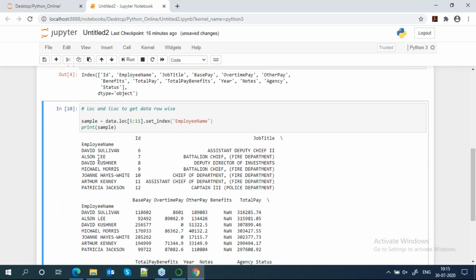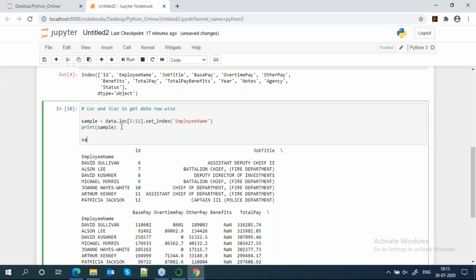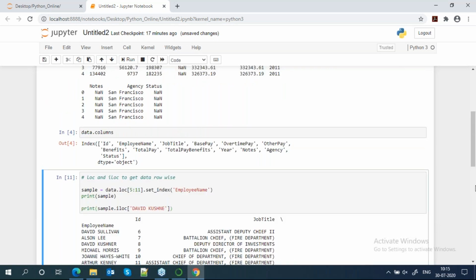Sample is my index now. So this is my employee name. This is index. Suppose now you want to get this particular record. So you can use this. Suppose this name. So you get all the information.